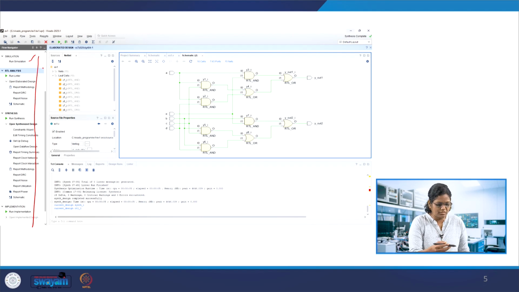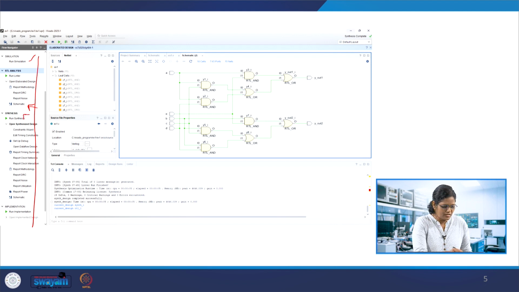So you will have the waveform editor, using the test bench and so on. After doing this process, you can get the RTL analysis, which gives you the schematic at the end, called the RTL schematic. It shows the equivalent logic, the gate level netlist, for the Verilog module code.